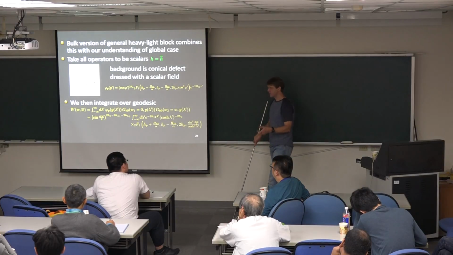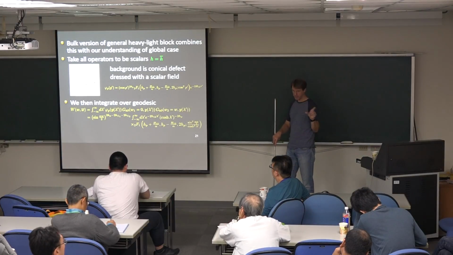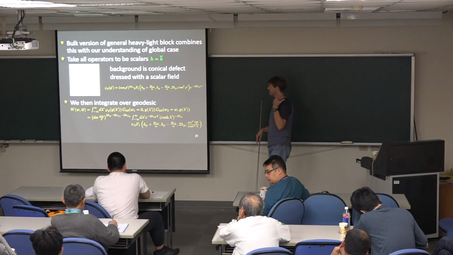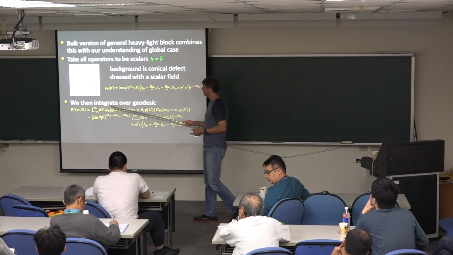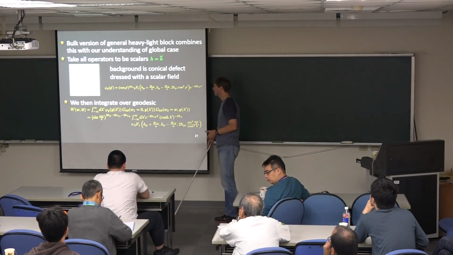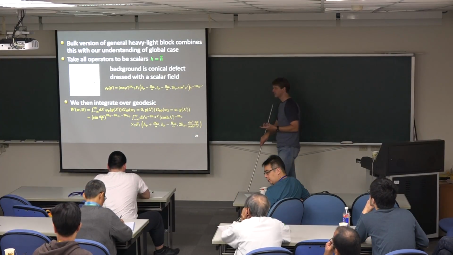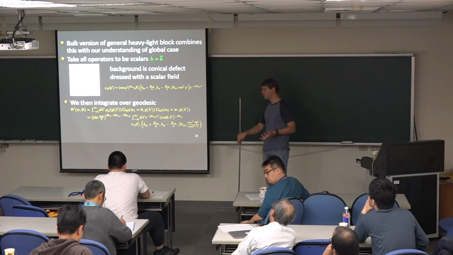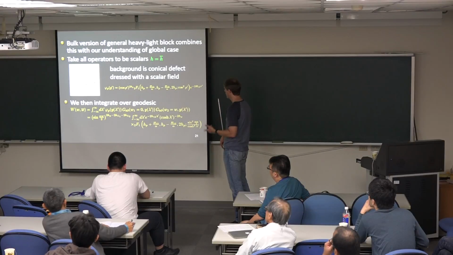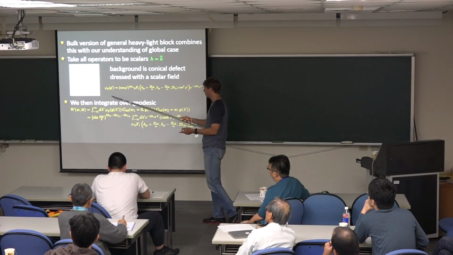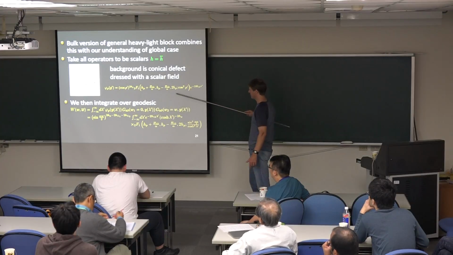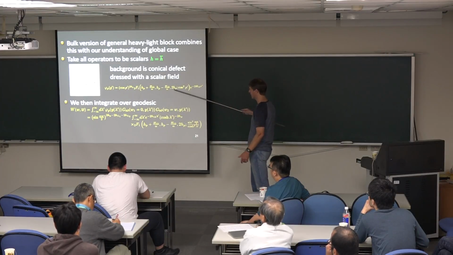But there's more. We're going to have this exchanged operator in the conformal block. That exchange operator is scalar. There's some scalar being exchanged, and so we're not going to look at the pure conical defect. We're going to dress up the conical defect by the scalar field. So we'll solve the scalar field wave equation on the background of the defect, and the solution for that wave equation and normalized boundary conditions and so on ends up being this function,